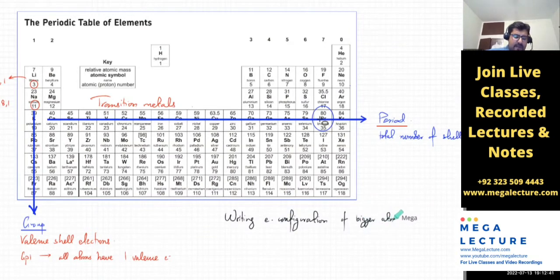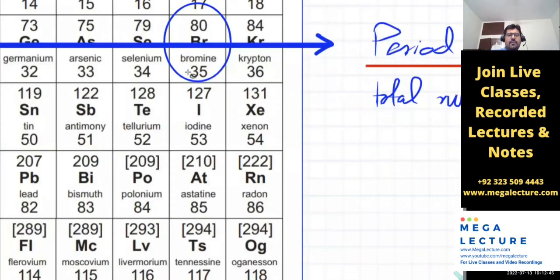Because remember, it's going to be a waste of time. You figure out whether to calculate the number of protons, then the number of electrons, then the number of neutrons, then try and figure out, like, you've got 35 electrons. That's a lot of electrons. So,